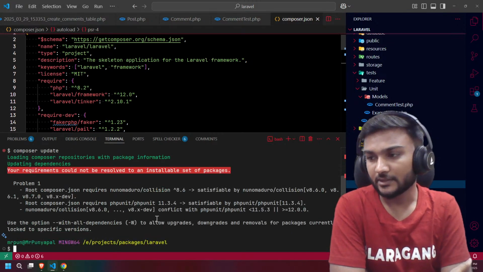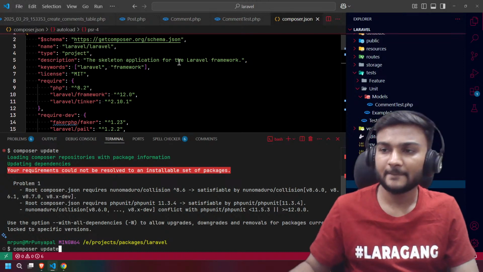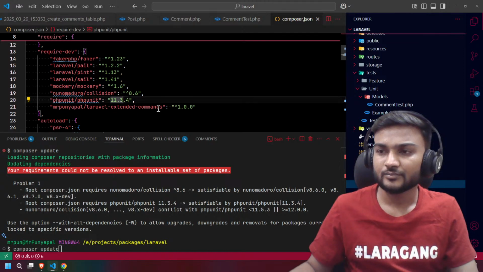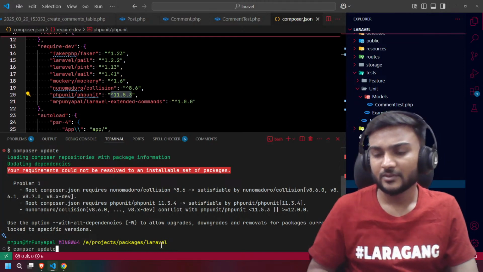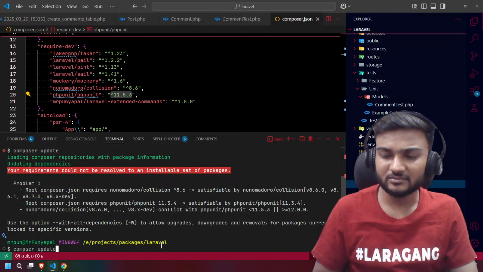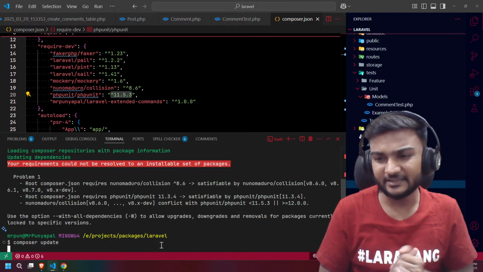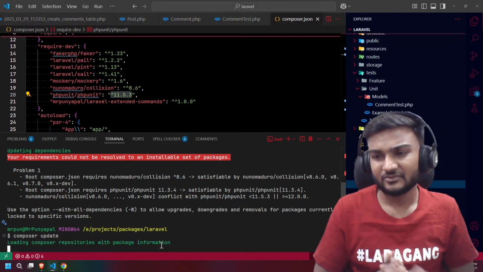They're still saying that, okay, Laravel collision is conflicting. It's crazy now. So the drift plugin is not ready yet